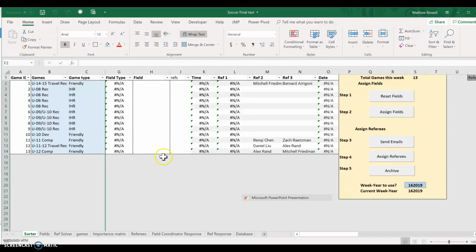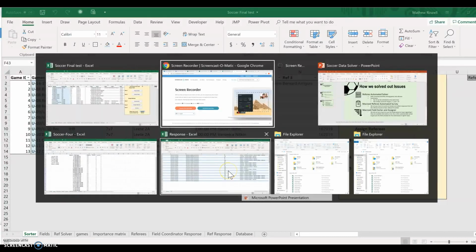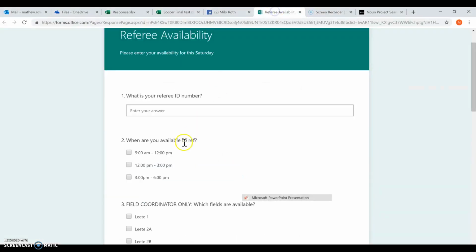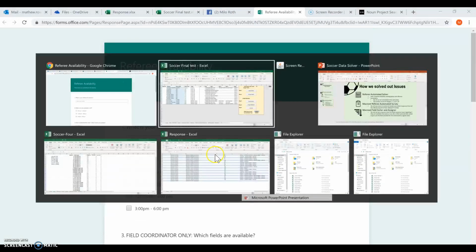So the first step in running this would be to reset the fields, which we've already done, and then it would be to assign fields using this macro, which looks at all the available fields. Once the fields are assigned, you can send the emails to all the referees that are in the system, and then the referees would go to the survey, which the emails would link them to. They would fill it out using their ID number and any times they're available,